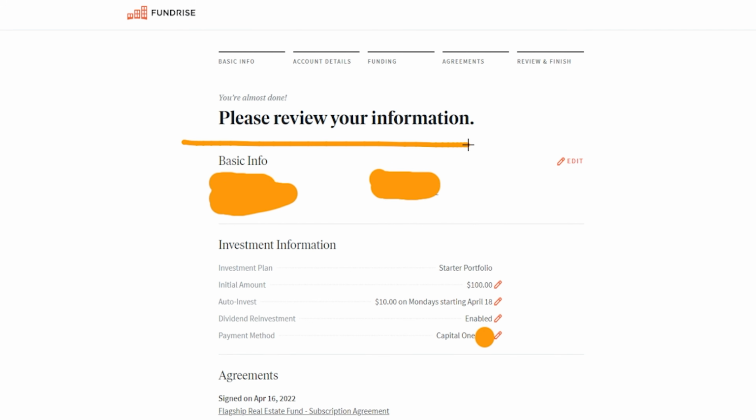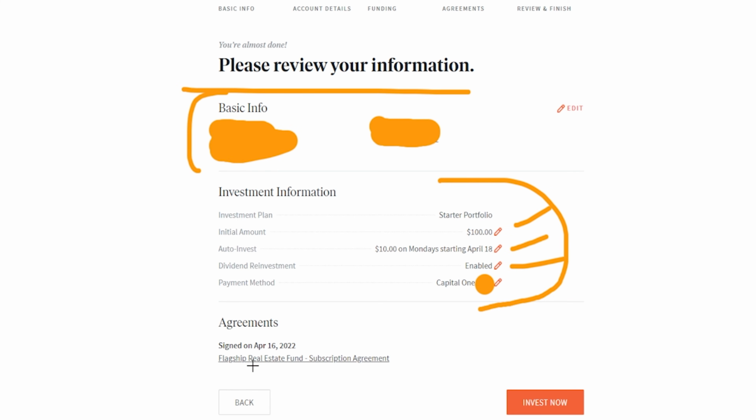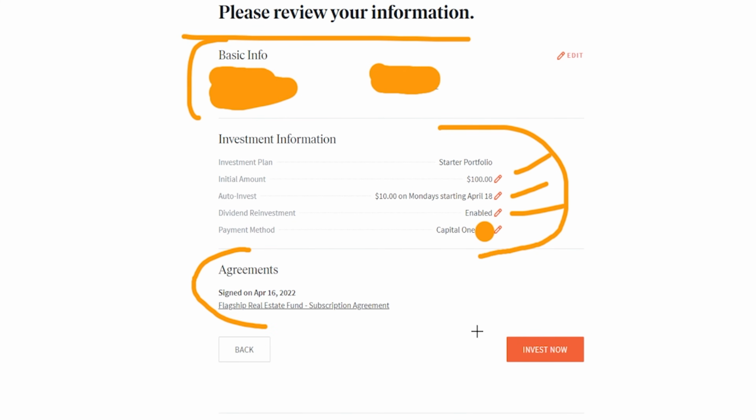Now on this next page here, it's going to ask us to review everything. So it'll have your basic information right over here. It'll have your investment information right over here. So you can see the initial amount is $100 and then $10 a month, and then dividends getting reinvested for us. You can see your agreement signed right over here, and then you can go ahead and click on invest now, and you can finally get started with investing for your future when it comes to having money in your